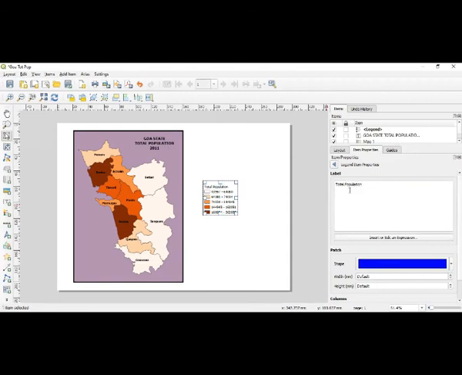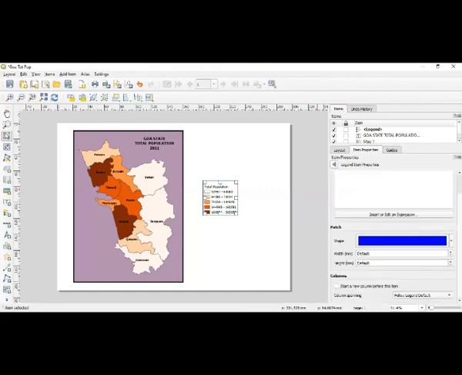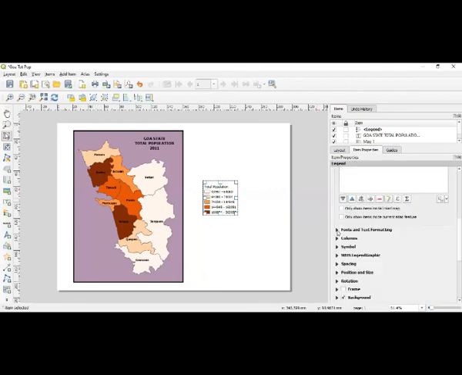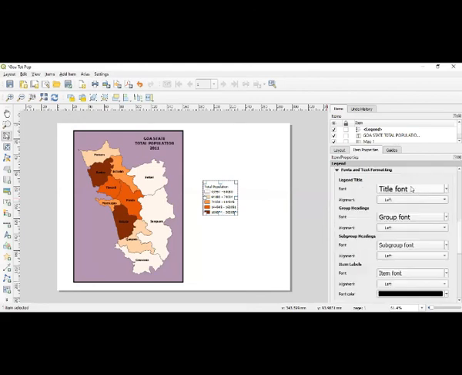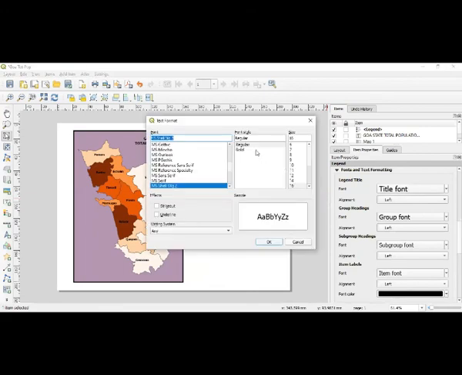So that total population has appeared here. If you want to make this total population a little bigger, you can go making the fonts and all that. Okay. And this you can say legend properties. You can put this one. And if you want that legend to be a little bigger, you can go for fonts again. And the title font you can take. And if you want that one to be a little bigger or smaller, or if you want to make it bold, then you get that one.